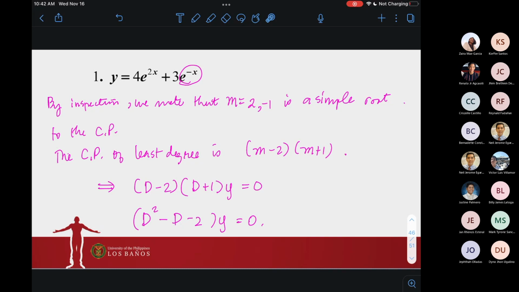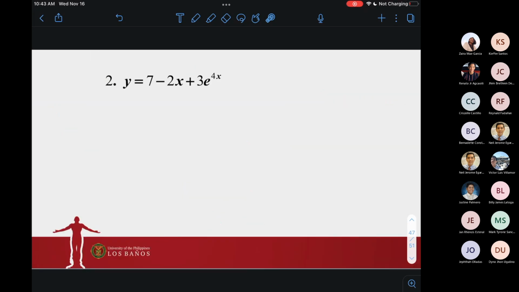Pero wait kayo kapag masyado ng komplikado yung solution, so medyo magiging tedious yung pagta-translate back. So let's take a look at another one. So we have 7 minus 2x plus 3 e to the 4x. So again, titingnan natin ngayon para sa ang solution yung bawat term. Right? So pwedeng tingnan mo yung, pagsabayin mo na itong polynomial na to, yung pag-consider sa polynomial na yan. So because superposition principle, right? Yung mga summation dito magbibigay sa atin ng factor dun sa ating